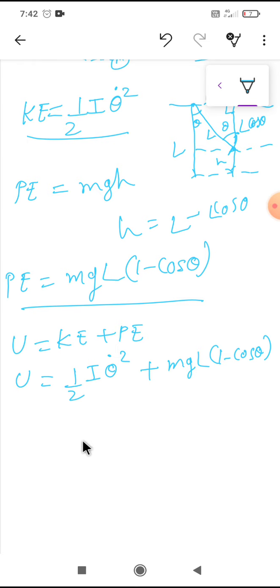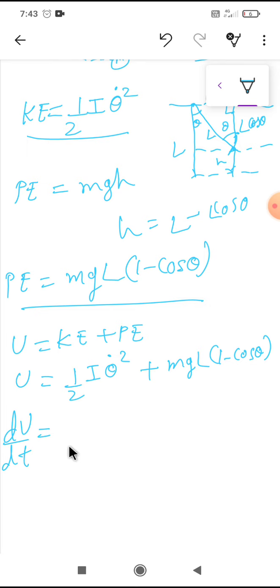If I want to find the equation of motion, I will do the same thing as in the energy method. As we know the total energy is constant, if I differentiate a constant, the result will be 0. So differentiating dU by dt